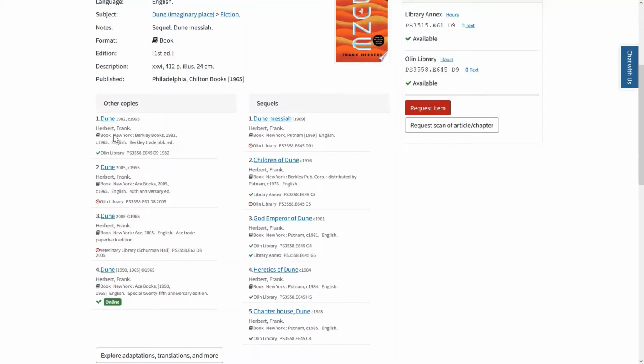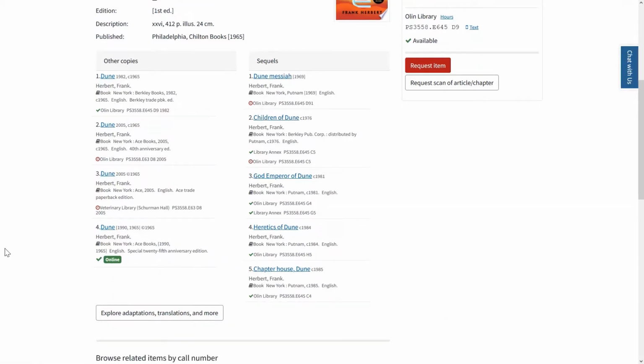And you can see a little bit of information about each of these and which of these, for instance, is online. We're also showing a list of all the sequels. So it's very easy now from this list to see what the sequels are and in what order for this item. If we want to learn more about this work, including other works that are related, we can click on